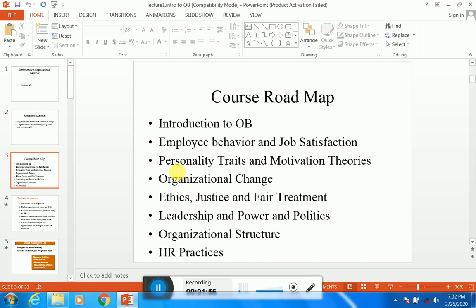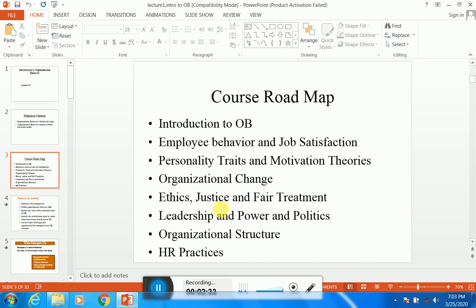After that, the next roadmap item will be personality traits. We will discuss the different traits in personalities and the different types of personalities, and motivational theories. Like, for example, motivation theory, types of motivation, what basically motivates, and the different theories of motivation like Theory X, Theory Y, etc. After that, we will discuss organizational change, the components of organizational change,